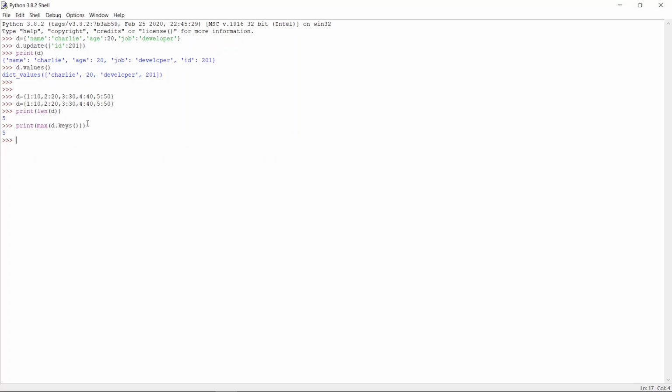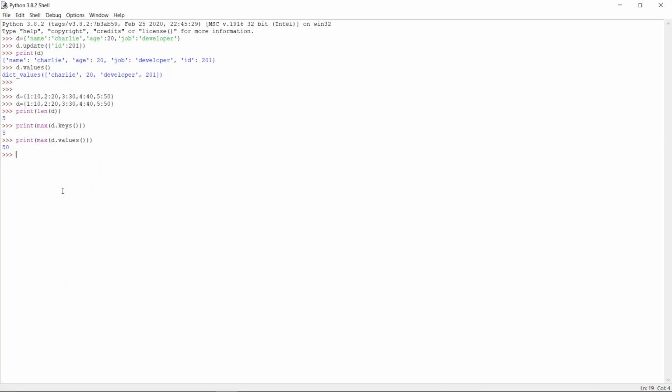Here you can see I calculated only the maximum key, 5. And for values as well, I print the maximum of values. Here you can see the maximum value is 15.